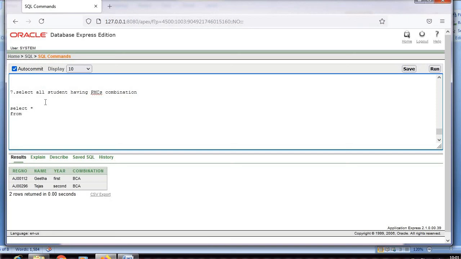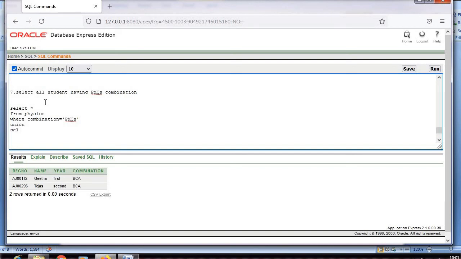First we'll take from physics, where combination should be equal to PMCS. And they've given you all, so I'll make use of the union operation.